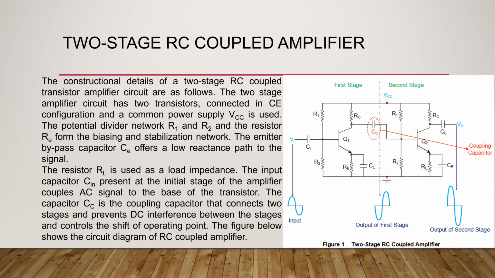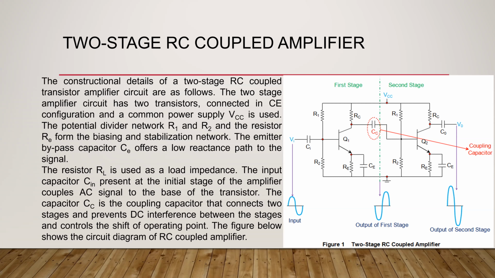Are you getting the point here? Whatever voltage appears across this will appear here itself, and will not enter the second stage if the second stage input impedance is low. This effect is known as the loading effect. The loading will not take place fully; some portion will be retained in the first stage itself. This is due to the low impedance of the second stage.